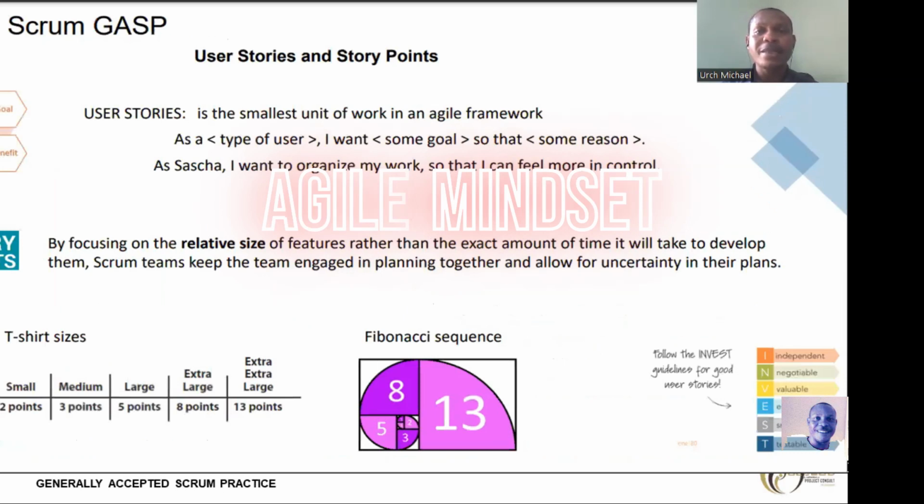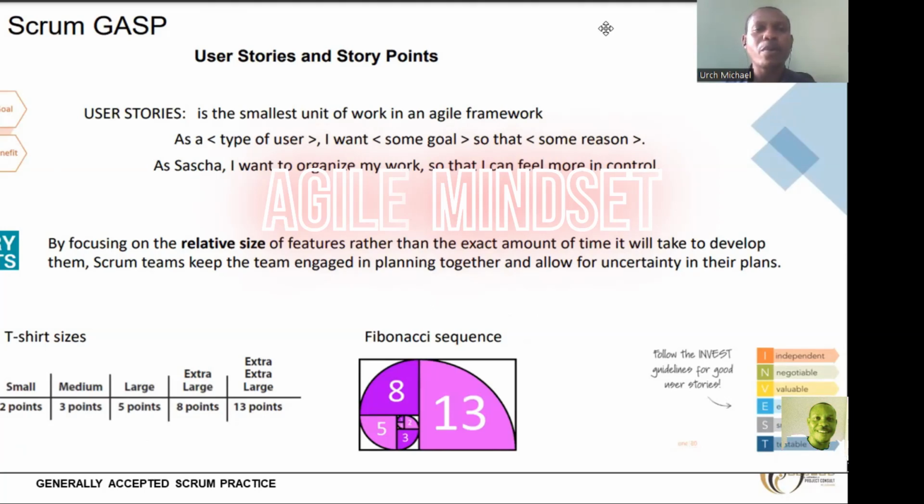All right, so the next thing I'm going to talk about is the user story and story points. Now, why are we talking about the user story? This is one of the topics that is very difficult for most PMP students. I personally found this somewhat difficult because it's kind of funny and strange to our understanding. And I kept wondering, so I decided, let me really understand what is happening here.